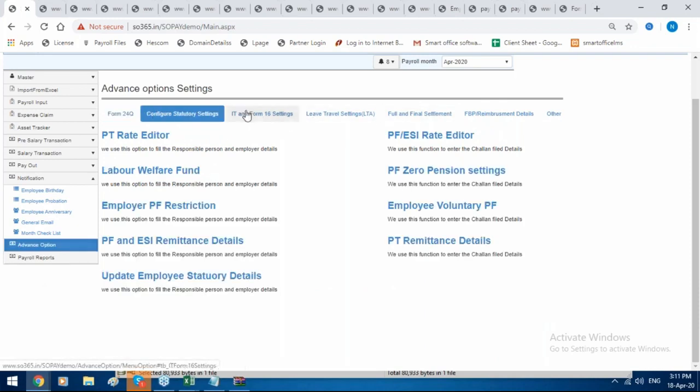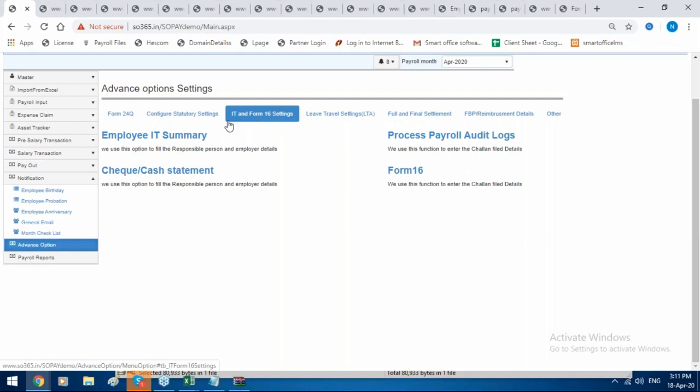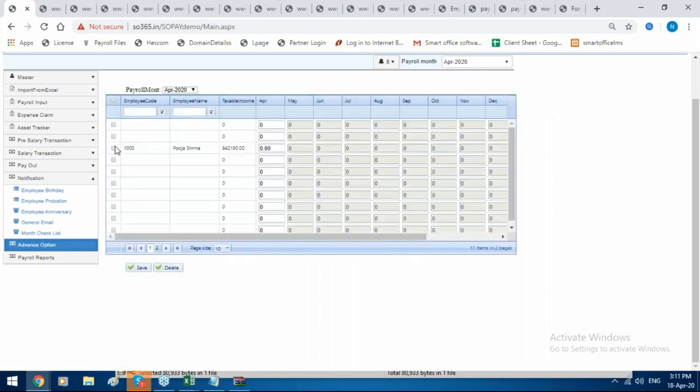One I will show you one. Like if in your company you are deducting employee TDS manually. Like if a particular employee TDS is for per month it is 5,000, but as per your company you are deducting 4,000 or 3,000, so you are overriding TDS amount, so you can override that also. Option is there. That is also you can do through Excel in bulk. Just select a particular employee for which employee TDS is applicable. Okay. Here you can mention that amount, how much that amount should be.